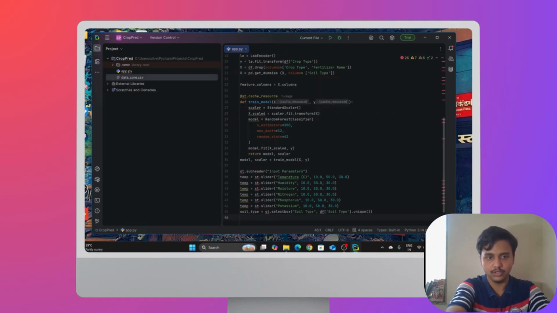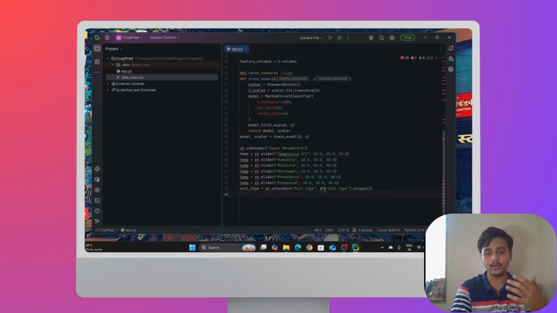This creates a drop down where the user can select the soil type. And now we are going to create an input data.